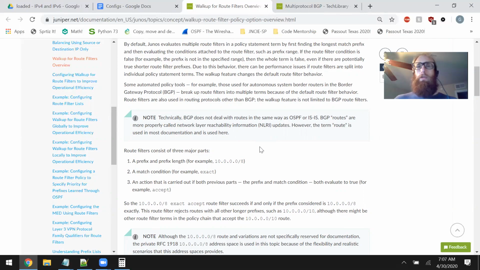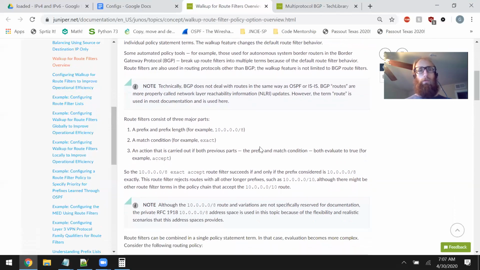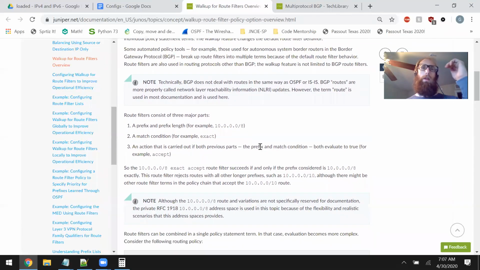Due to this behavior, there can be performance issues if route filters are split into individual policy statement terms. The walkup feature changes the default route filter behavior. Some automated policy tools, for example, those used for autonomous system border routers,